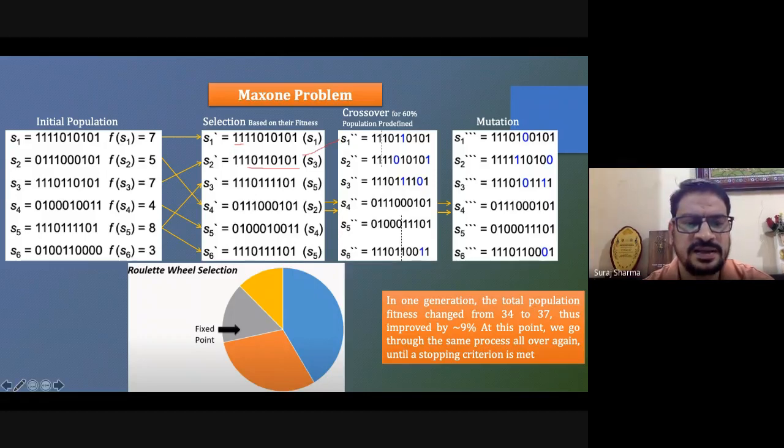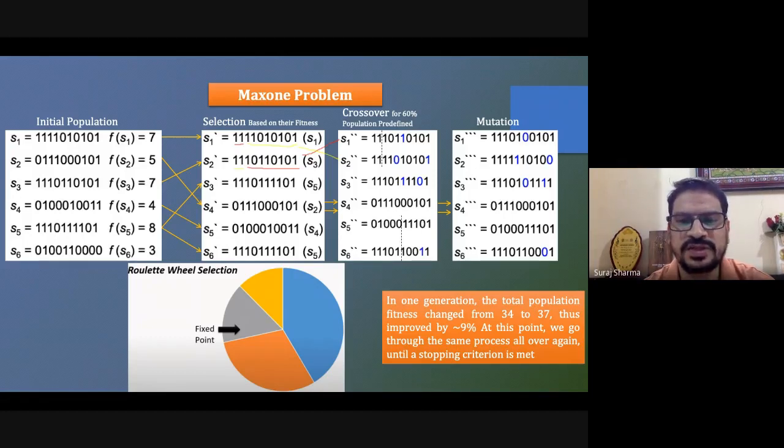And after that, we use these chromosomes to generate this particular chromosome, right? So this is how the crossover works. As I told you, 60% of the population will be taken for the crossover. So 2 we have taken, again 2 will be left, so they will stay as they are. Then again 2 will do the crossover.